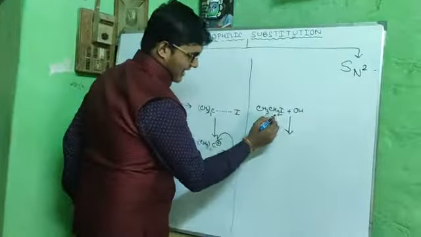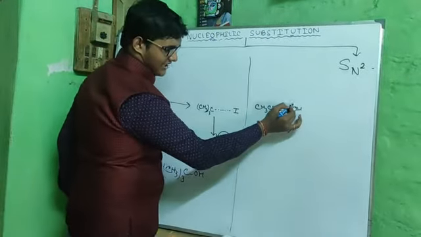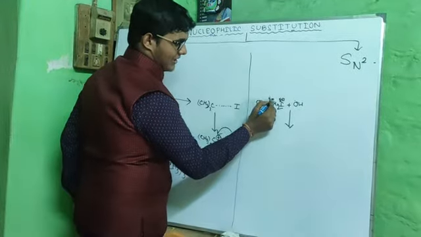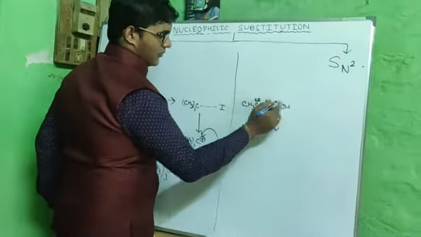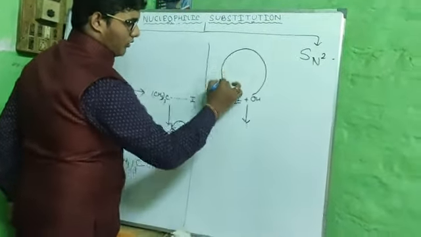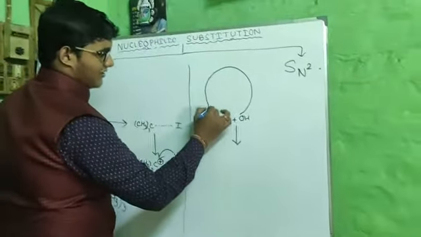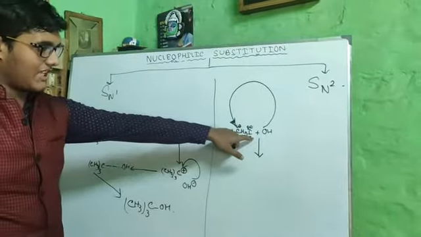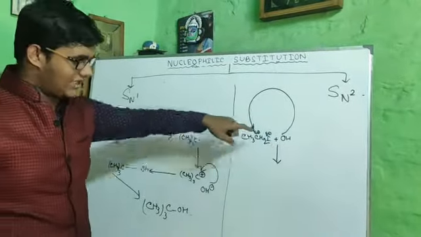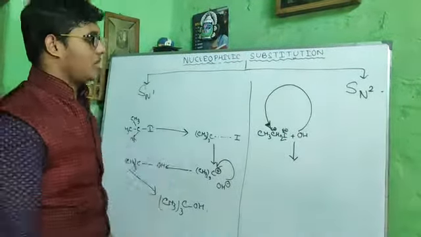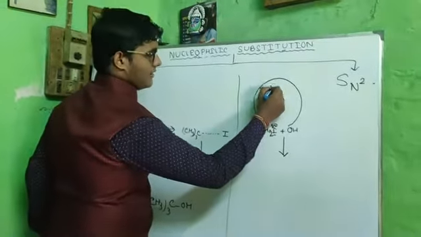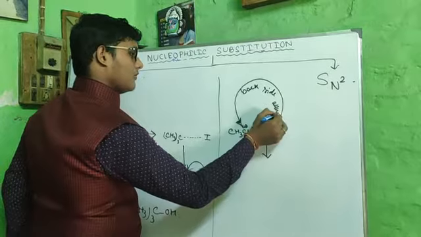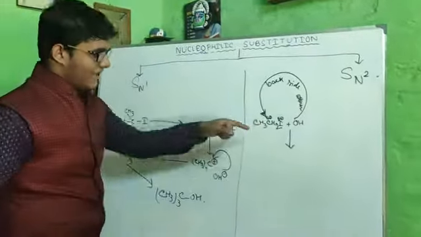That means here is the I and here is the OH. I is partially negative and highly electronegative, and the carbon is electropositive. So OH will attack this electropositive center from the back side. It will not go from the side where the I is situated. It will attack from the back side. That is called backside attack.